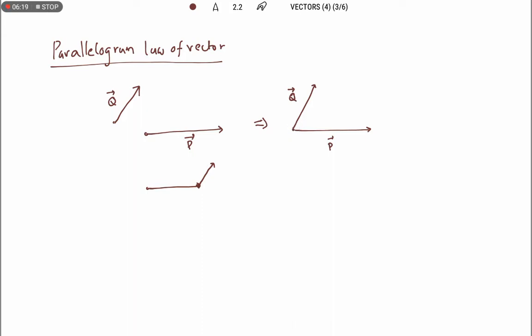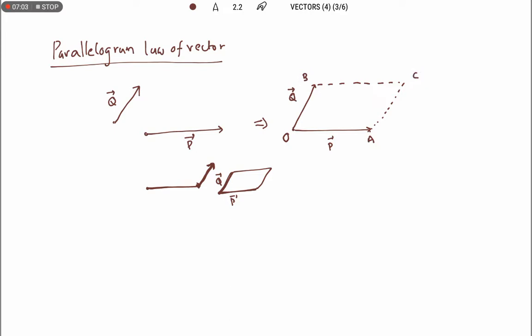Here if you imagine a parallelogram, in what way will the parallelogram be? The parallelogram will be like this. Here the two vectors P bar and Q bar look like adjacent sides of a parallelogram. They do not look like adjacent sides of a triangle. So these are the adjacent sides of a triangle and these are the adjacent sides of a parallelogram. So here P bar and Q bar are adjacent sides of a parallelogram. The next step is we have to complete this to form a parallelogram, suppose O, A, B and C.